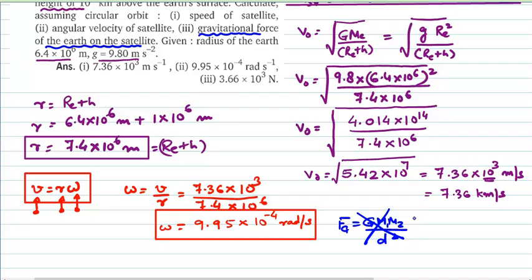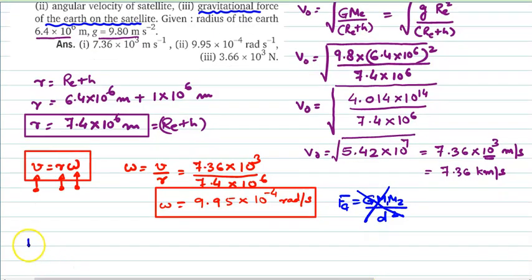Probably your physics teacher would not like to give you the mark, because he has purposely given small g. He has avoided giving the mass of the earth, isn't it? So that is not the motto behind this question. So what needs to be done? So from UCM, what do we know? We know that the gravitational force,